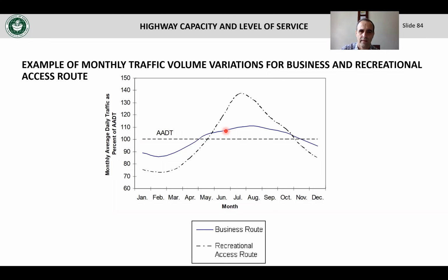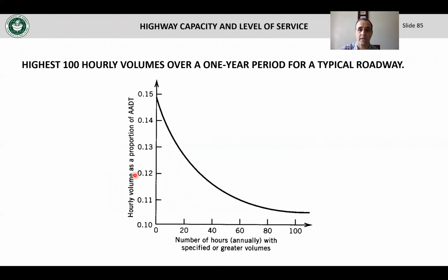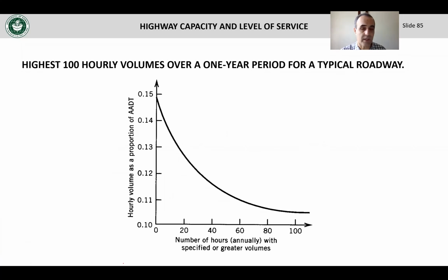So when people are confronted with these things, they come up with rules. In highway engineering, what has typically been done is different highway departments will do different things, but typically they look at the hourly volume, and they rank them. So what this graph is saying, and this again is a graph taken from your textbook,